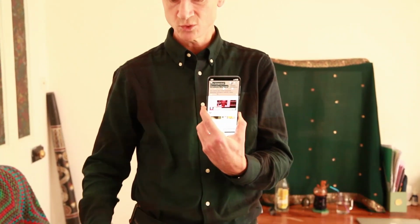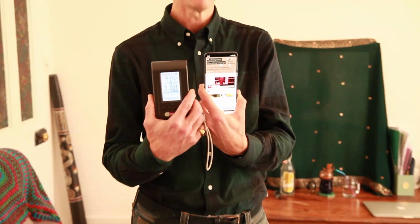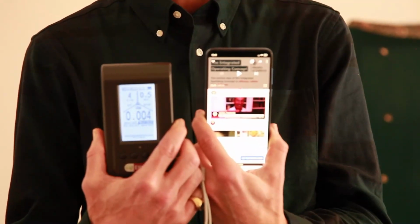We're here in Cheryl's treatment room, and we're going to be using my phone today because it's 5G enabled. So I've turned that on, and what I've noticed is that we're picking up a 5G signal in her treatment room. So I've got my phone on airplane mode at the moment, and what we're going to do just quickly is turn on this EMF meter and see what happens when we turn it off airplane mode. Right now it's at about